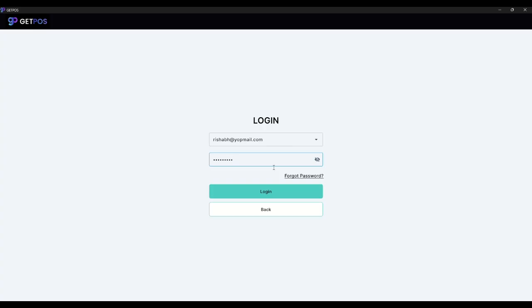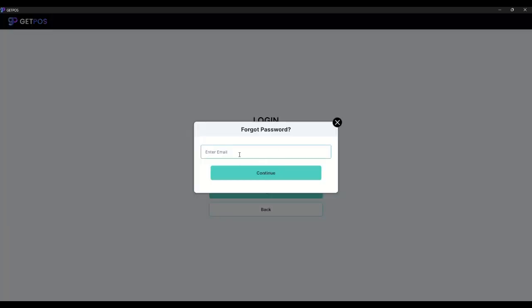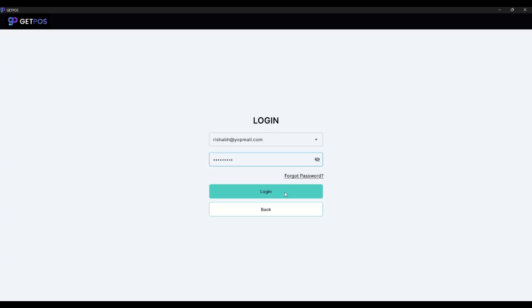In case he forgets his password, forget password functionality is also provided here, where he can fill his email and then proceed forward to receive the password on his mail. We'll click on login,